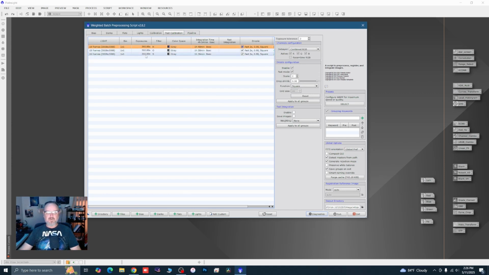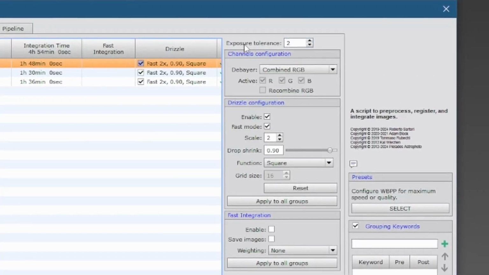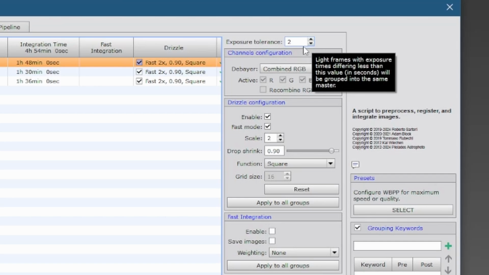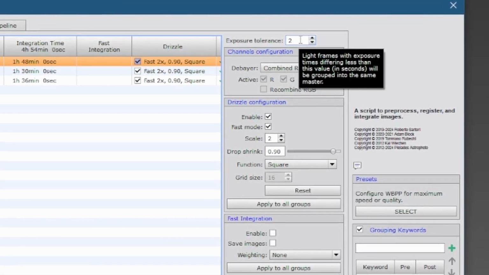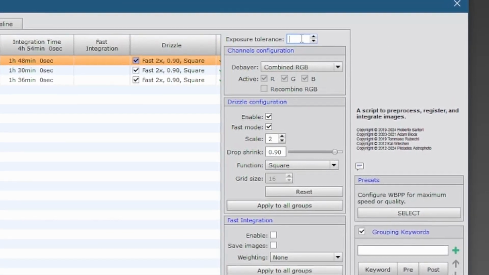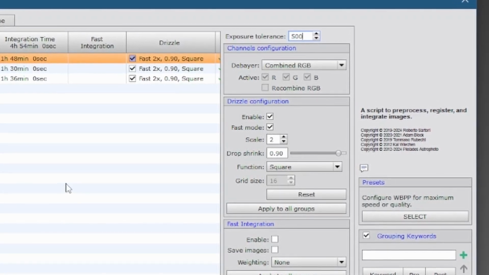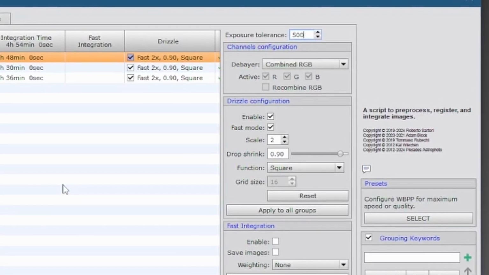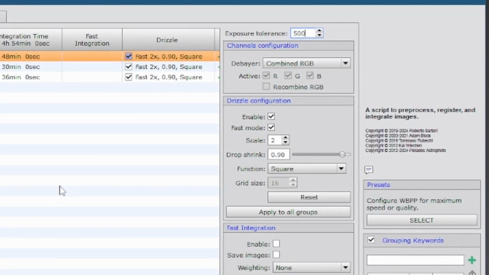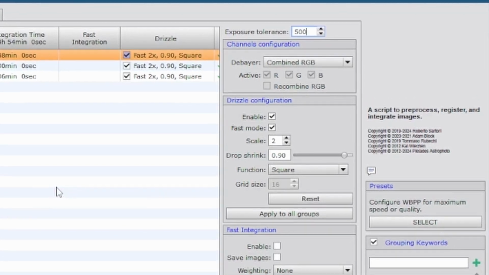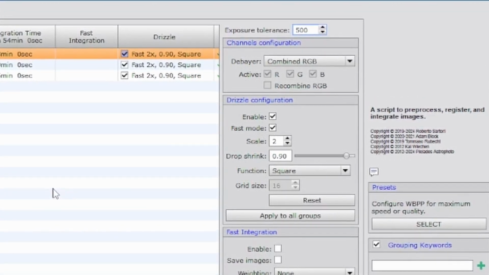all these exposures are 360 seconds. But in my case, I had a whole other set of HA exposures at 480 seconds. This dialog box that says exposure tolerance is basically 2 seconds, meaning within 2 seconds. So I bumped that exposure tolerance up to like 500 seconds, and it grouped the 360-second and 480-second HA exposures into one master